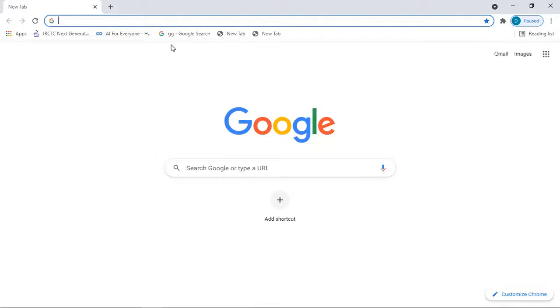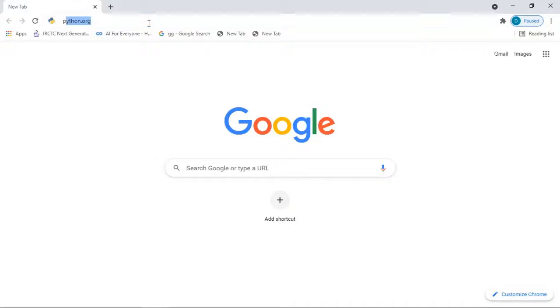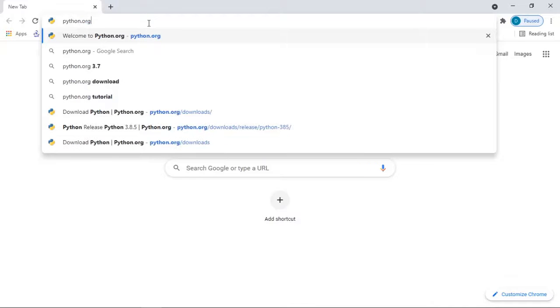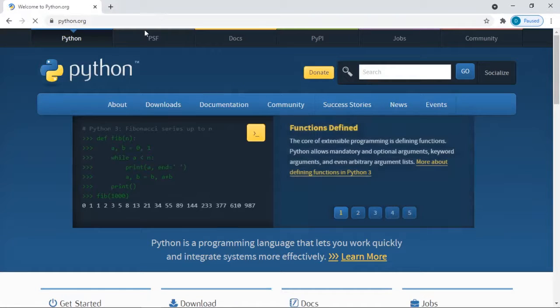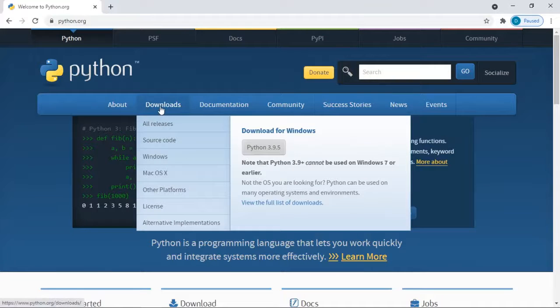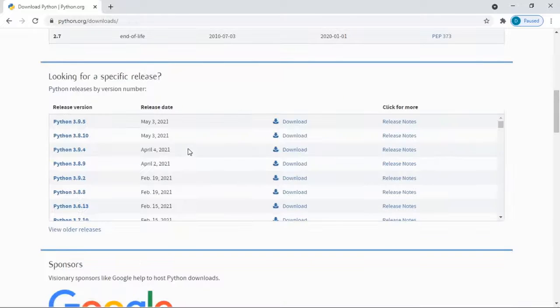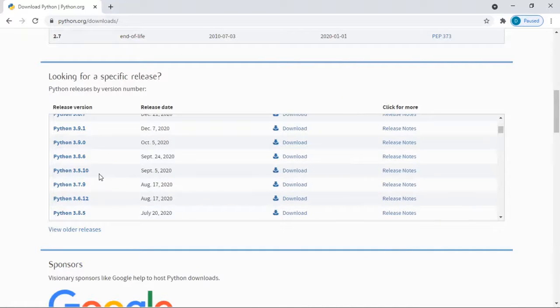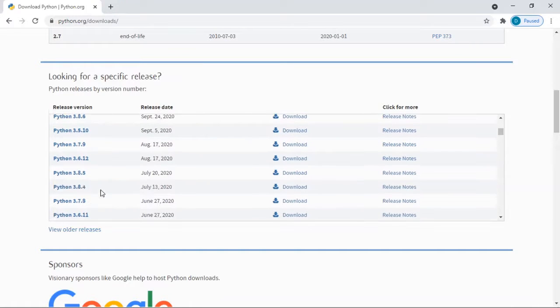First, we have to download and install Python. Python can be downloaded from the website python.org. This is the home page of Python, and then we have downloads. Select the Python version suitable for PyCharm. I'm selecting 3.8.5.